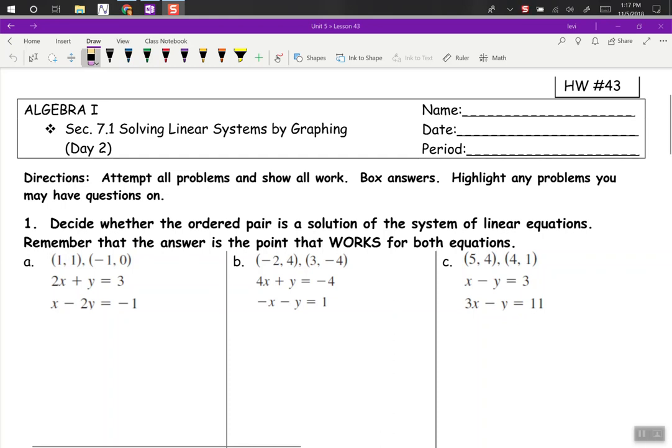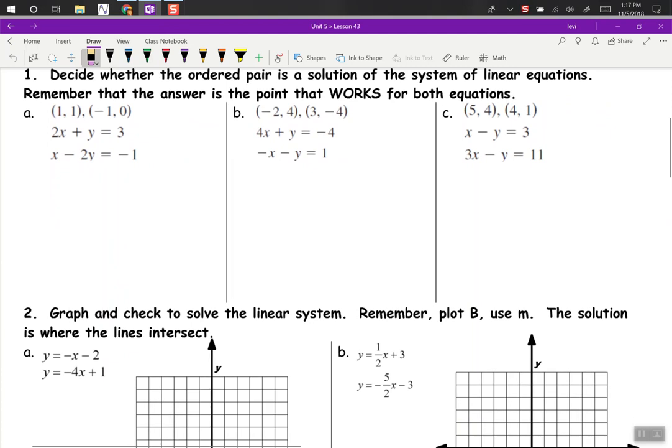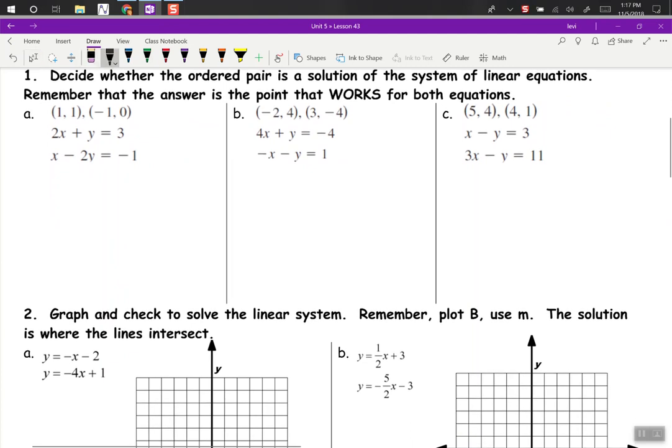This is homework 43, day 2 of solving linear systems by graphing. The first couple problems we're deciding whether or not the ordered pair is a solution, so we're just substituting them in. So our first problem, 2x plus y equals 3, and our second side, x minus 2y equals negative 1,